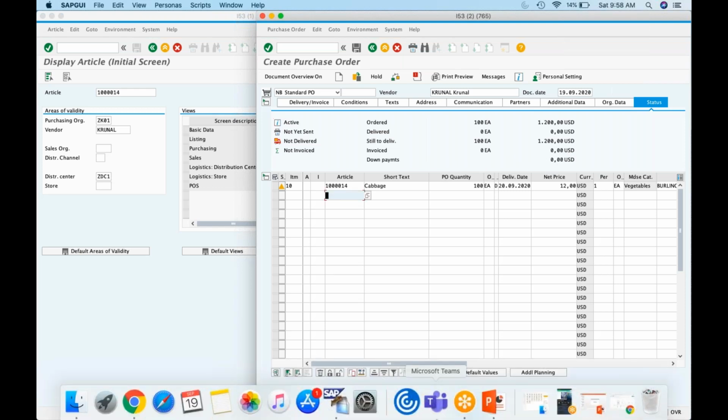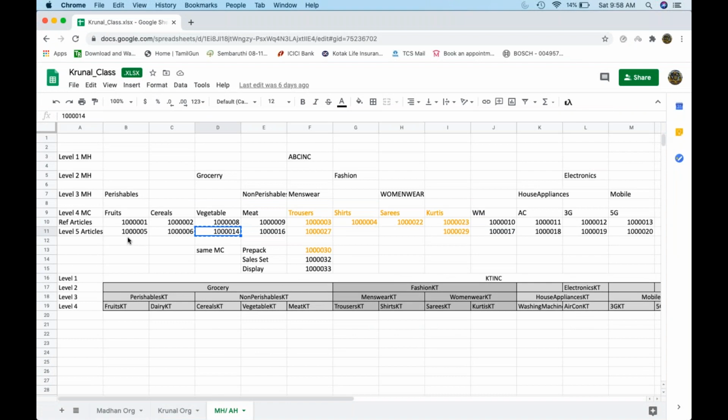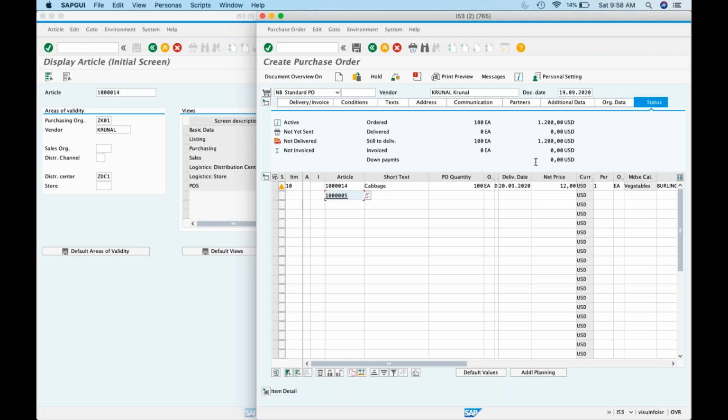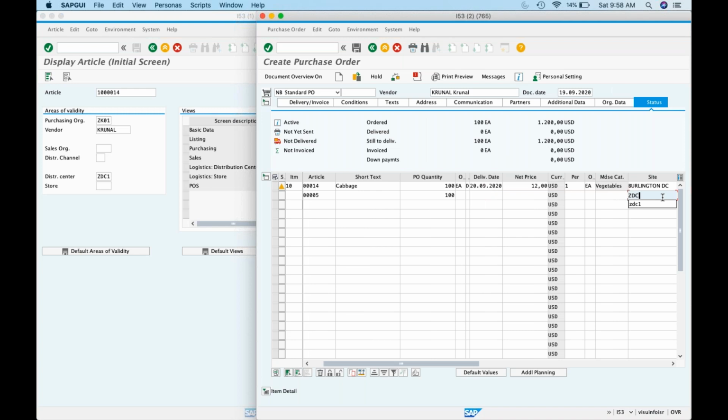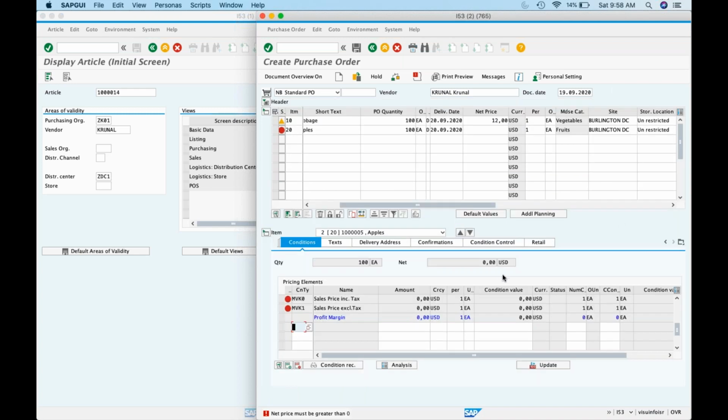So now I will include one more article. What article can you include? Shall we include this article? Okay, 1005. This also I will include 100. ZTC 1000. Now the system says it doesn't have a purchase info record because the price is not maintained.